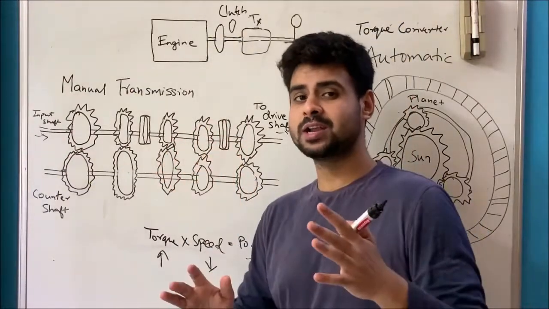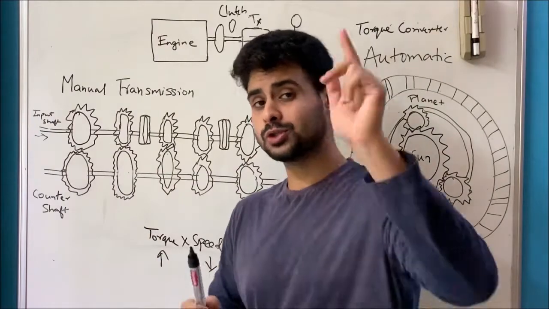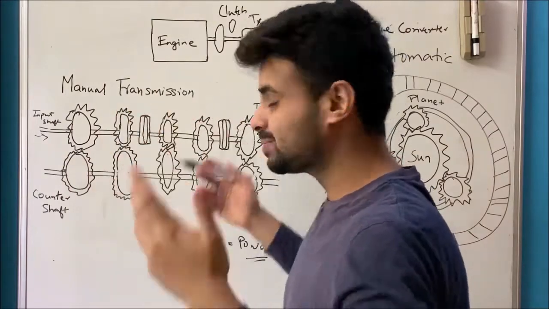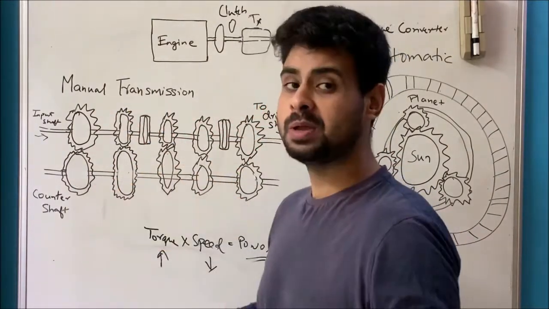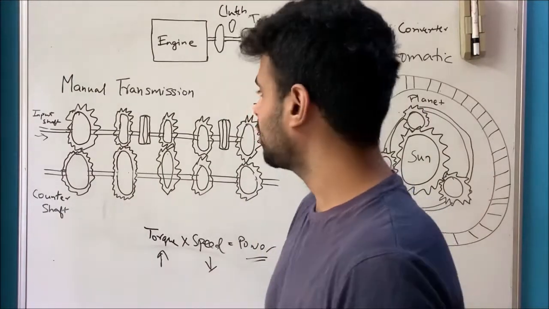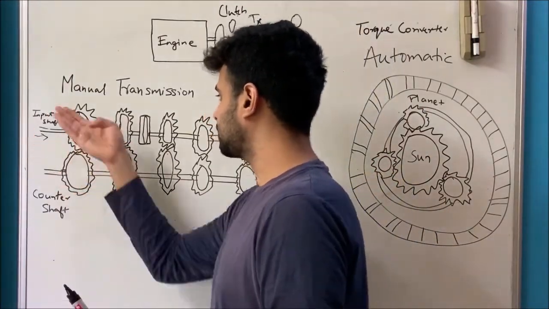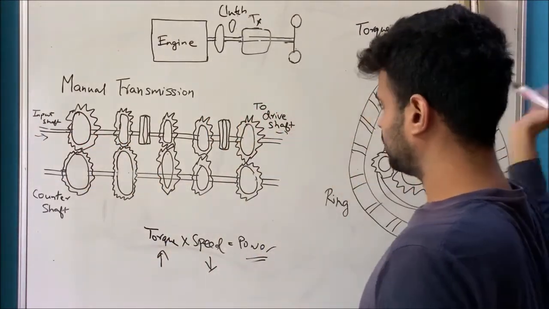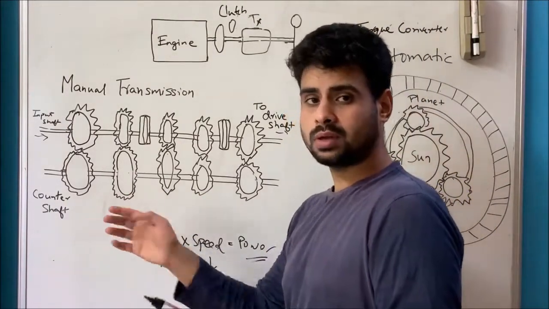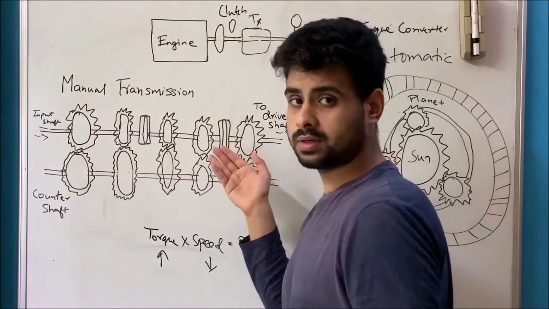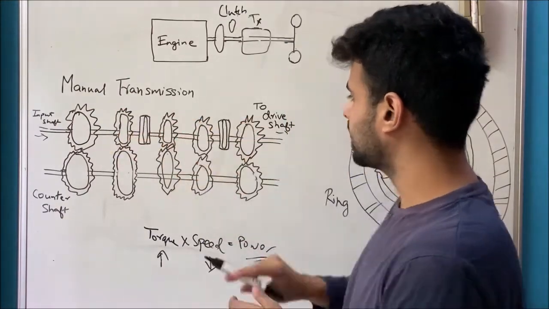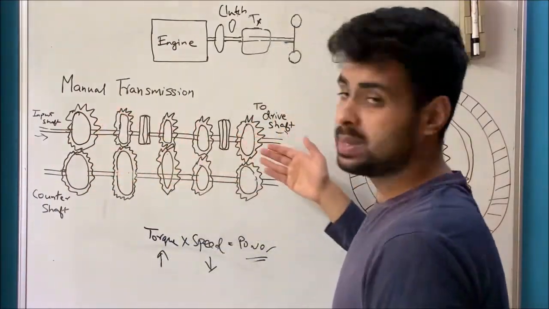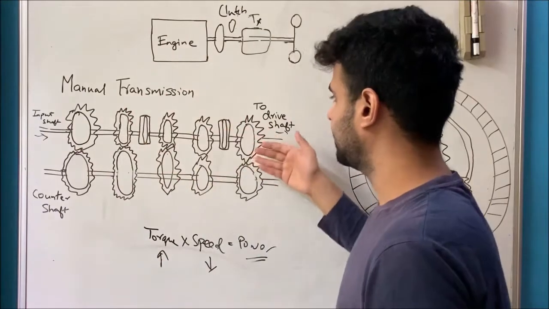First of all, don't get intimidated if it looks too complex. It's not. But also don't get too angry if the drawing looks too pathetic. It is. It's just my drawing. These are supposed to be gears. They look like amoebas, but they are gears. So to start off with, this is the input shaft, the engine power coming in from the flywheel, and the power going out to the drive shaft and to the wheels. And down here we have a counter shaft which turns opposite to this main shaft. And you see all these gears are in mesh together. So when the power comes in, all of them will keep spinning, right? Because they're all connected, which is a bit useless.